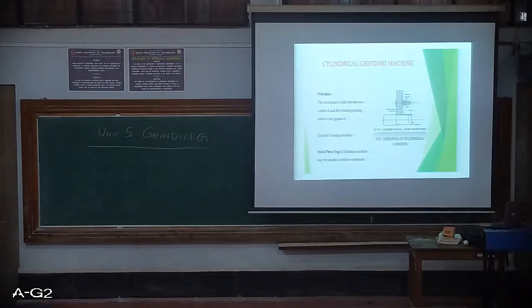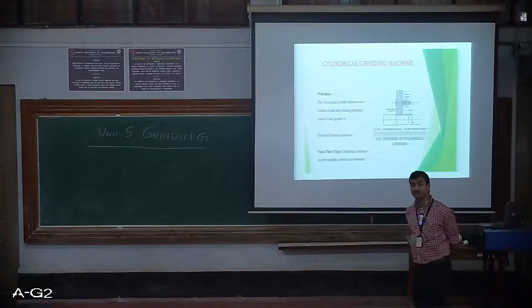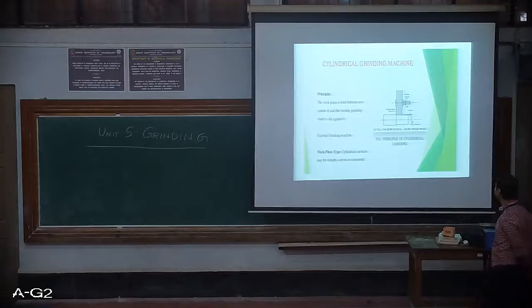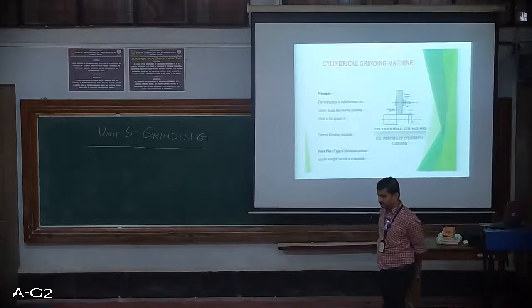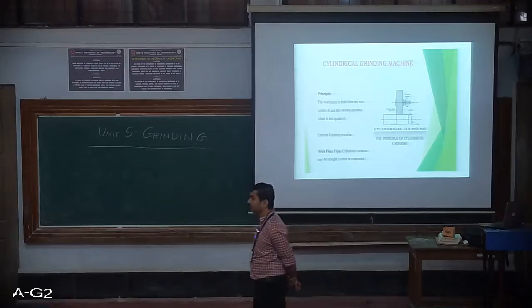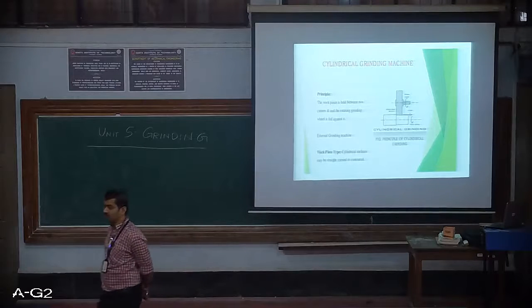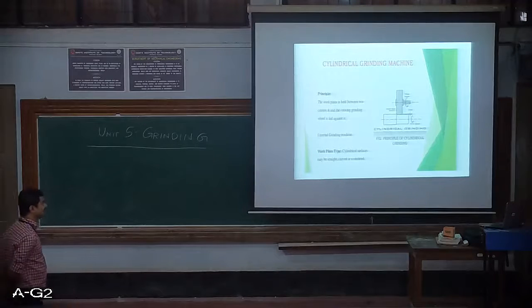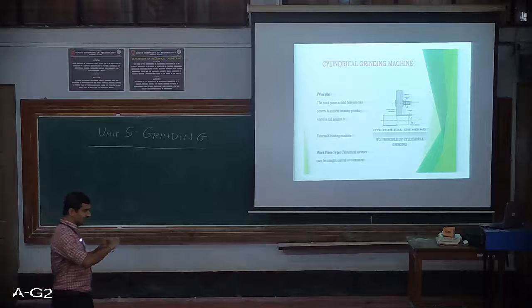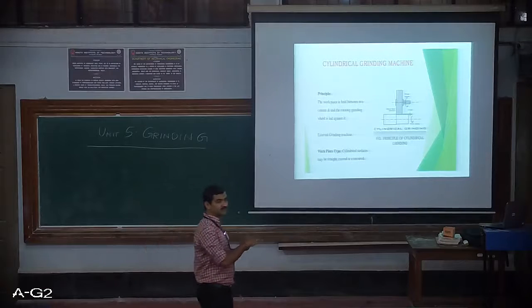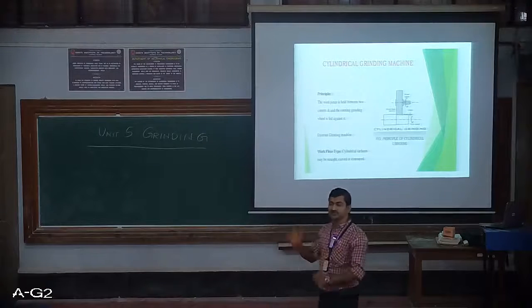The workpiece is held between two centers, and a rotating grinding wheel is fed against it. For circular components you can go for this cylindrical grinding machine. If there is a cylindrical surface you want to grind, then we need to use this cylindrical